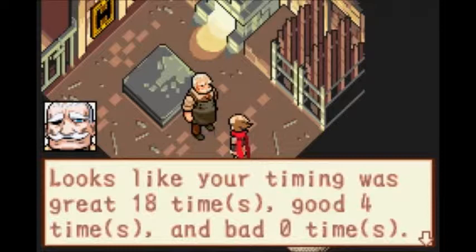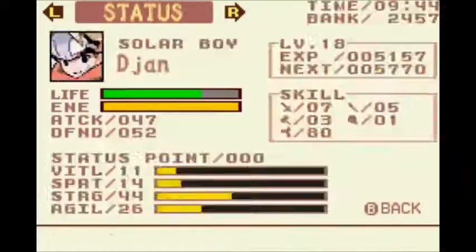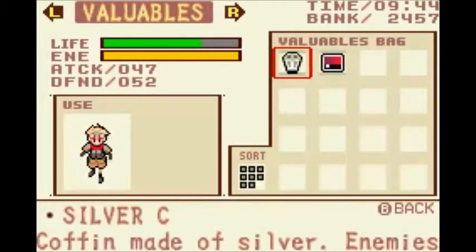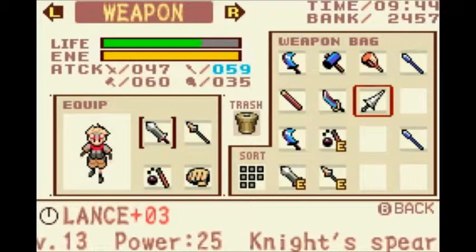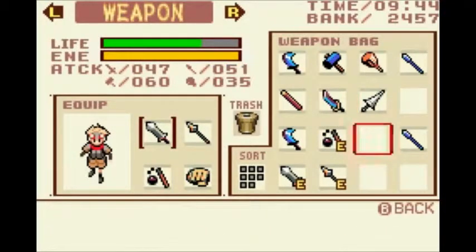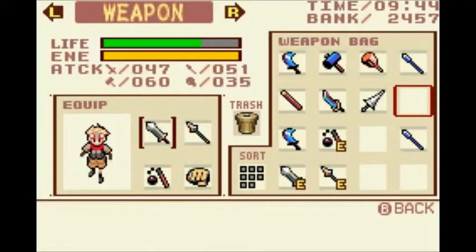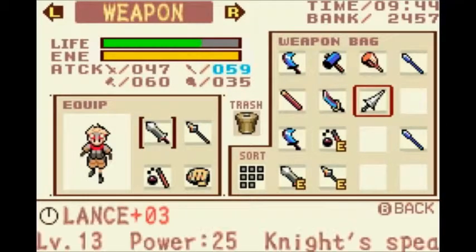18 greats. I think that was more greats than the previous time, but like 10 less goods. Alright. What sort of bonuses are we actually getting on these anyway? Lance +3 by Django. Let's see, I can mix this with this to get another of those mid ones. And then this with the mid one to get another... I don't know, let's...